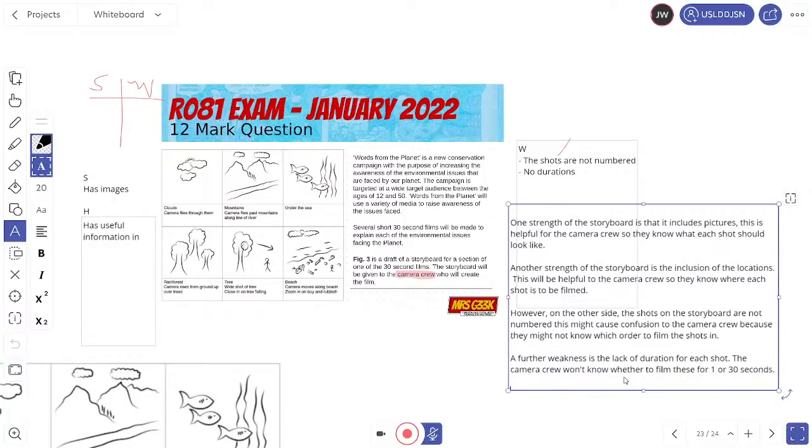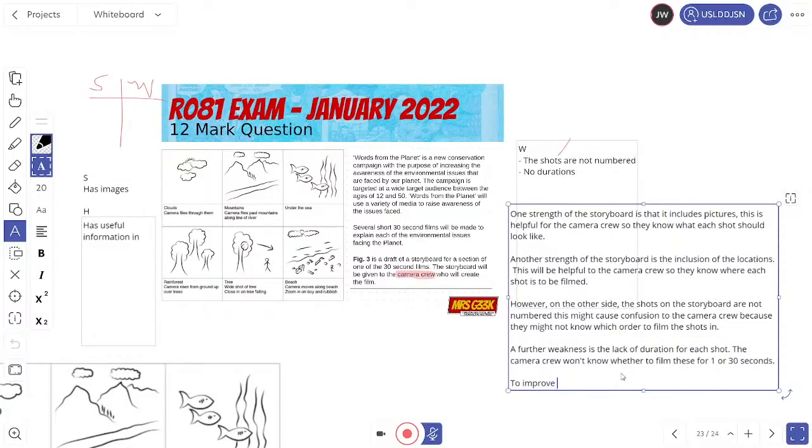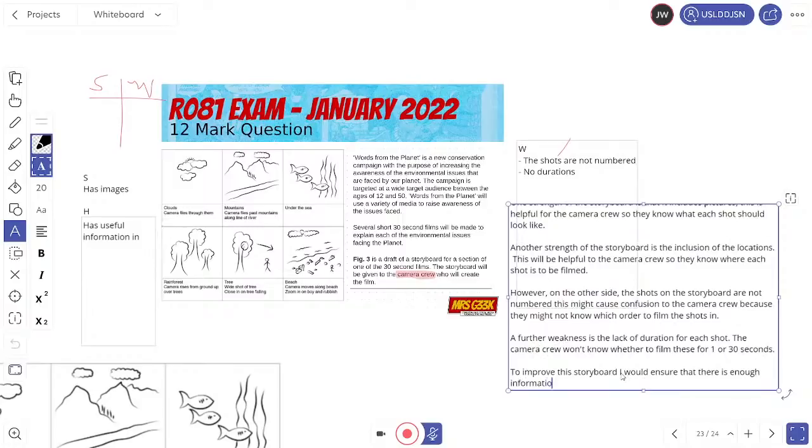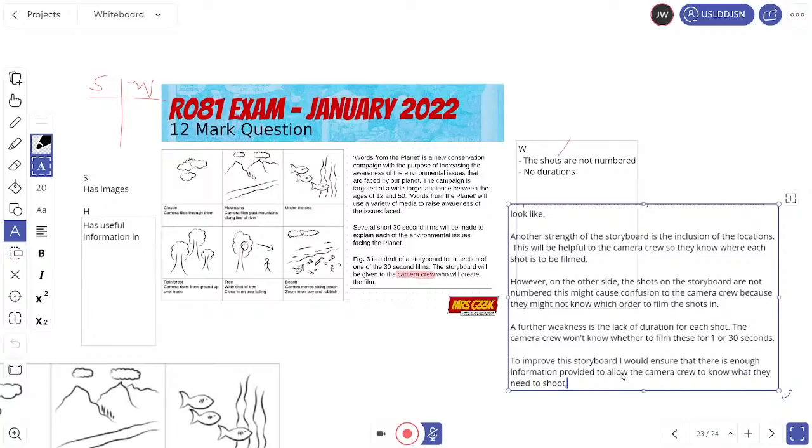And then lastly, we're going to go into areas for improvement. So to improve this storyboard, I would ensure that there is enough information provided to allow the camera crew to know what they need to shoot, in what order, and for how long.